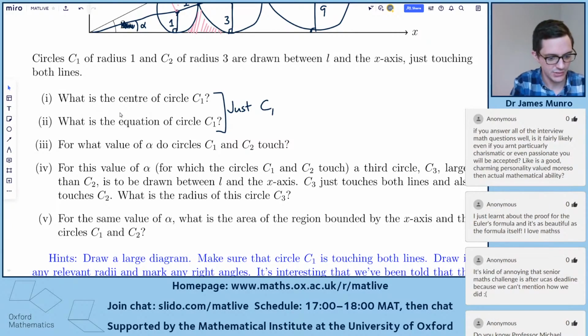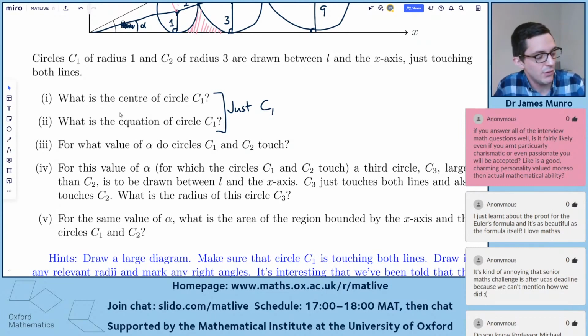Here's a nice... I like this. I'm going to highlight it as well. If you answer all of the interview maths questions well, is it fairly likely, even if you aren't particularly charismatic or even passionate, will you be accepted? And I think this is a reference back to something I said about being enthusiastic or excited about studying mathematics. Okay,